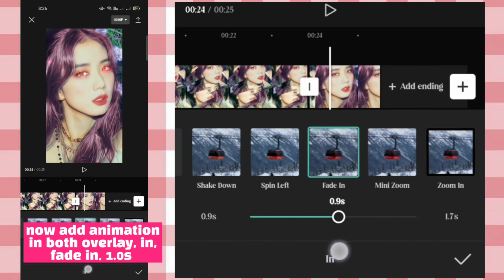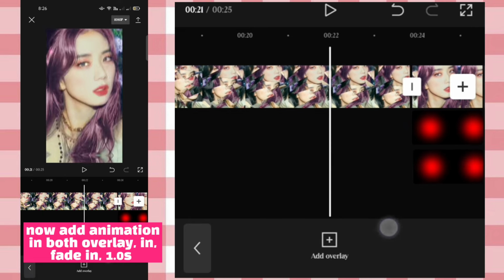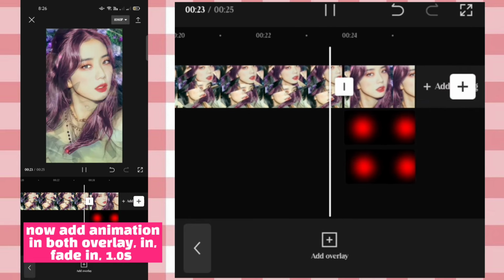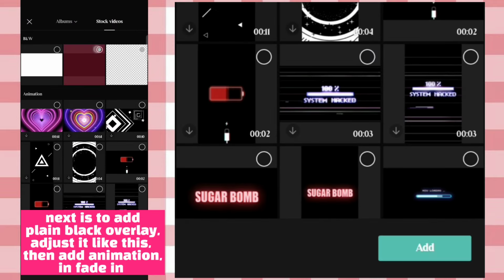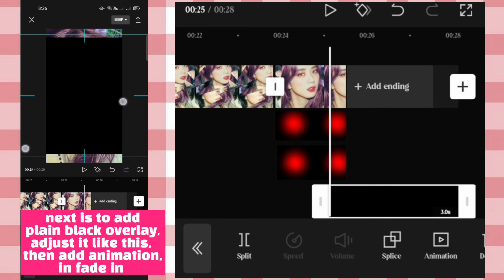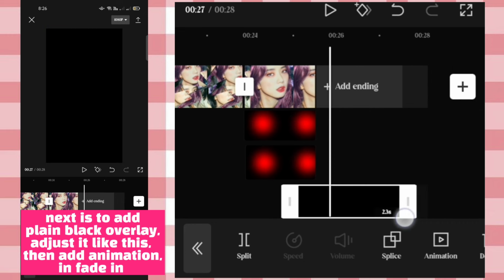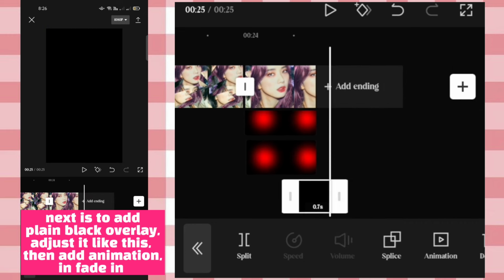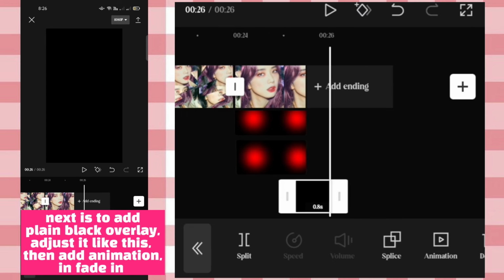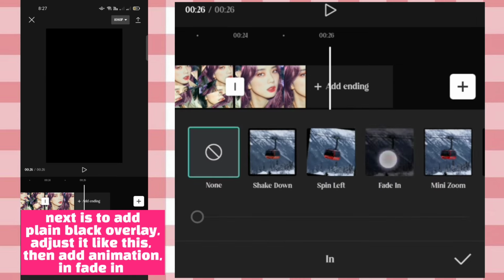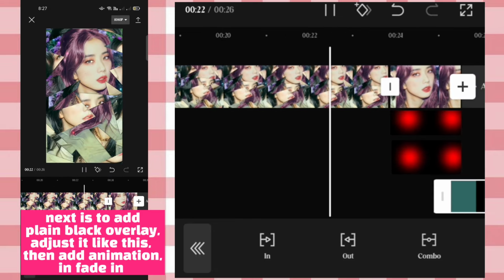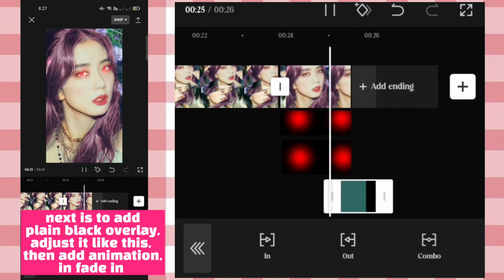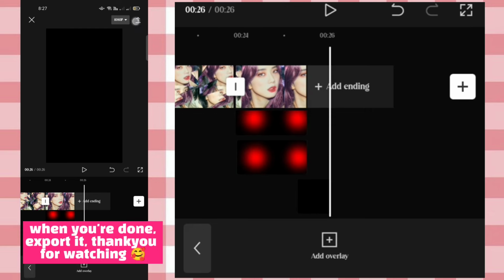Giving happy love. Tired of giving up. Next is to add plain black overlay. Adjust it like this, then add animation in fade in. Happy love. Tired of giving up. When you're done, export it,